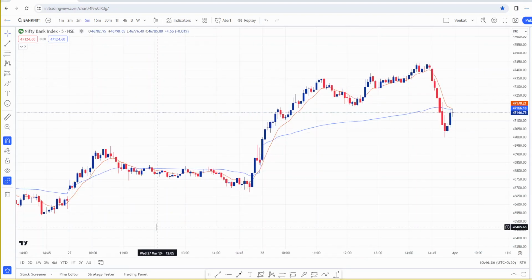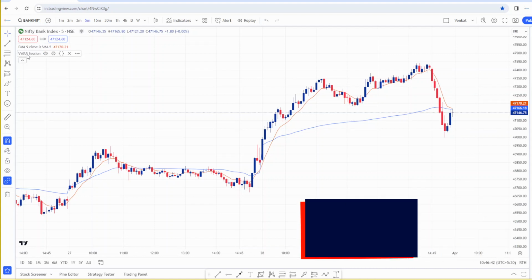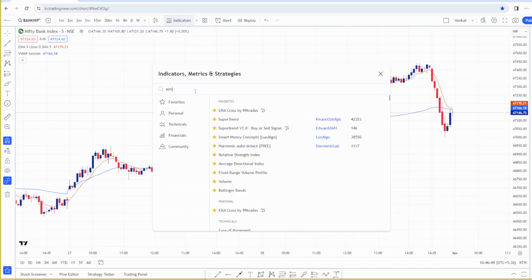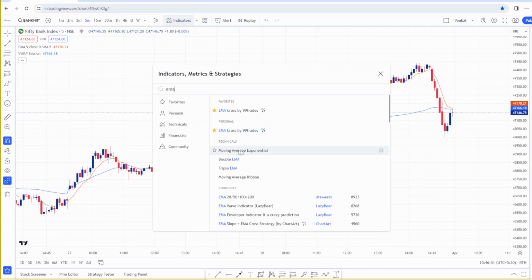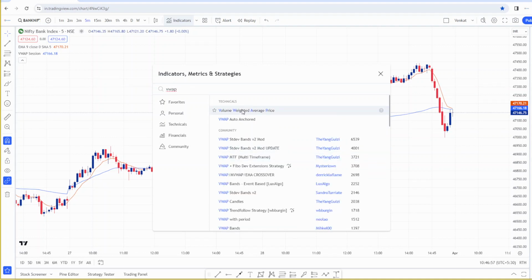This is purely an intraday strategy, and that's the reason I am using the 5-minute chart of Bank Nifty. For this strategy, we will use two indicators. The first indicator is the exponential moving average, EMA, and the second indicator is VWAP. You can directly go to indicators and search for these two. For the moving average, you can type EMA, then this indicator will come, moving average exponential. You can just select this indicator, and for VWAP, you just type VWAP in indicators, you will get this